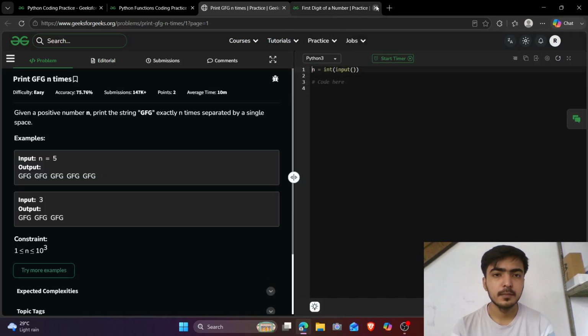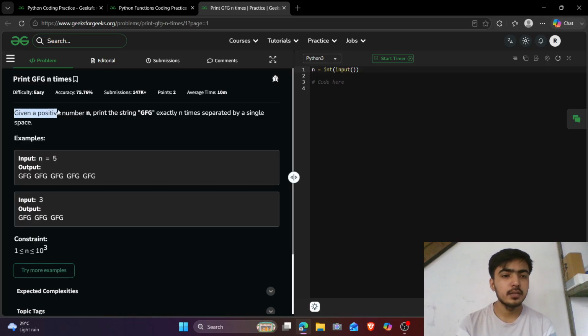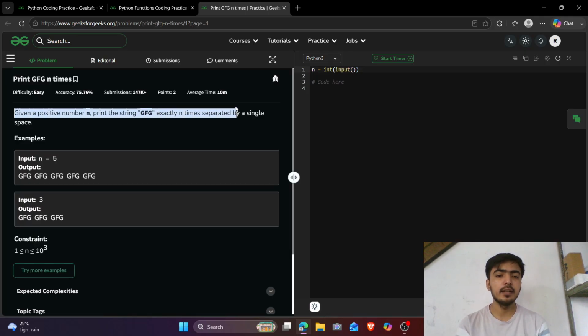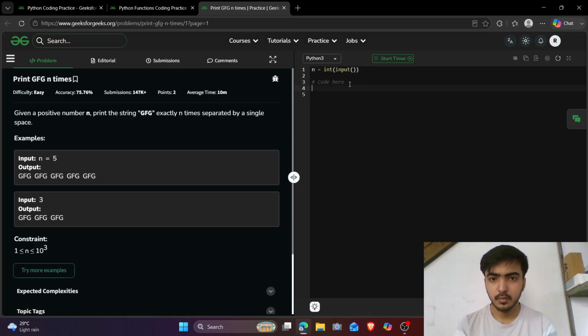Print GFG. Okay, given a positive number, print the string GFG exactly n times separated by a single space. Okay, suppose we use def GFG and casting arguments. Okay, n is the input from the user, n is the number, so we can print like return. Print is good. Print